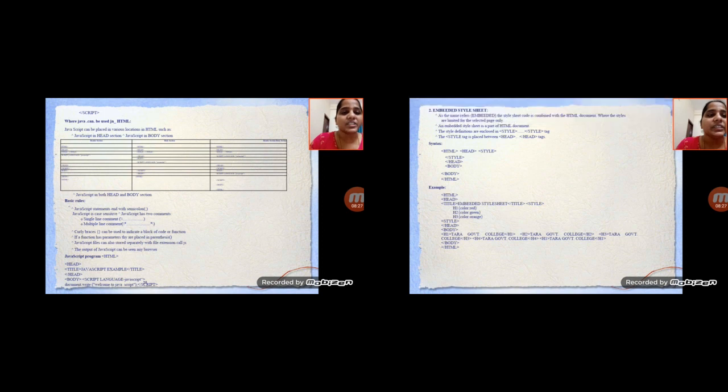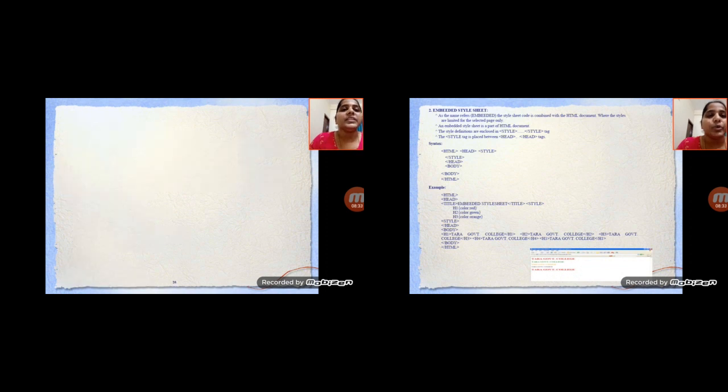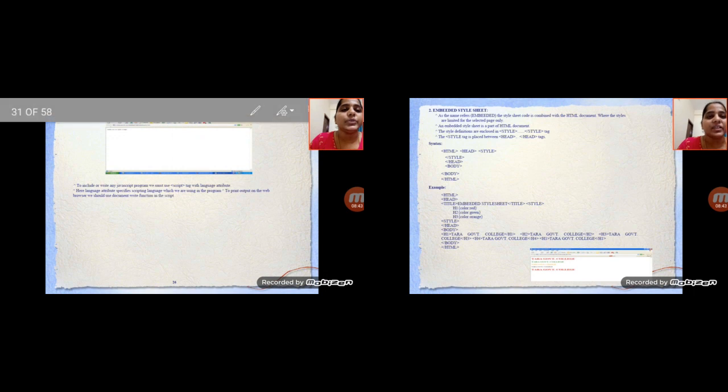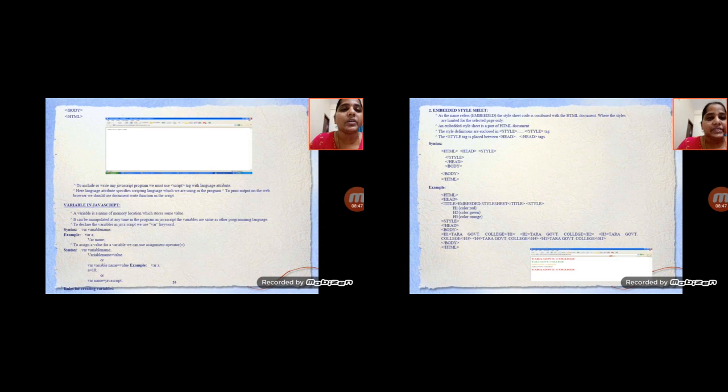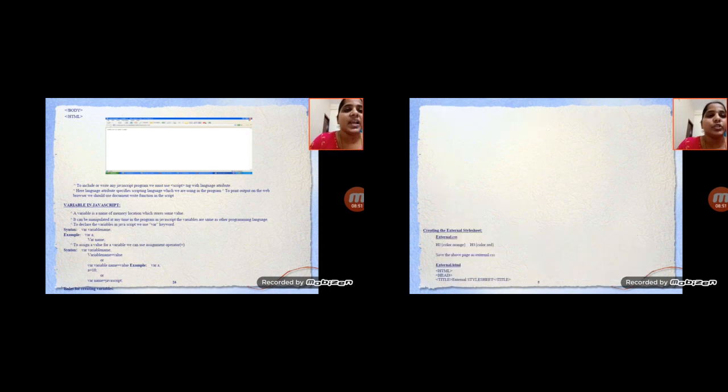After that, this is the output for the above program. You choose the H1 value, and it gives the college name with the H1 type, with increased font size, and H1, H2 and H3 have the colors you chose. This is the output for the embedded tag.